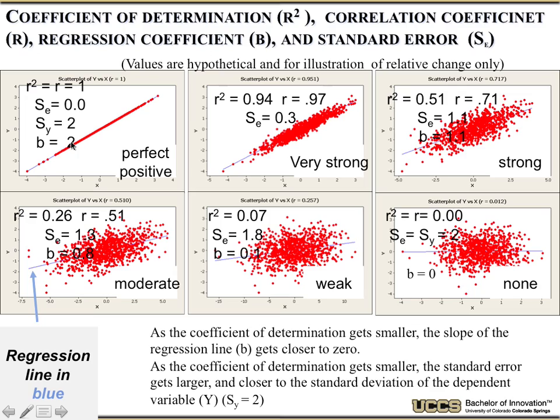The slope is 2 and b is 2, right? So this gives me the line intercept formula. Here's a very strong correlation: r equals 0.97, r squared is 0.94, standard error is 0.3. This was meant to let you see the regression line in each of these and give you some feel for how the data starts looking. So here I have a line with a slope of 0.51, r squared is 0.6, but the error is 1.0. So now it's become a bigger blob.